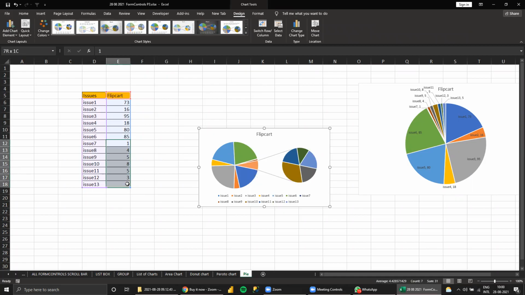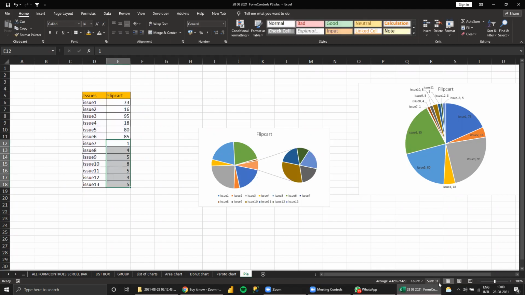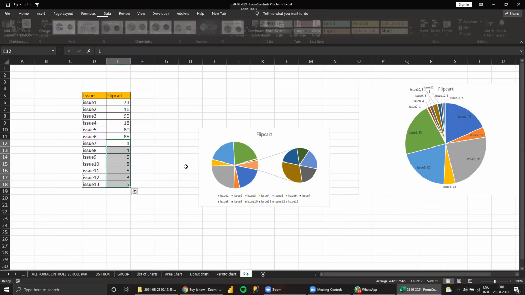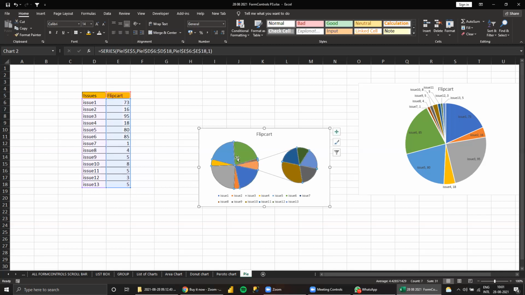What is the value? This together is 31. So this is 31, or 26. One second. What is the total? Why is 5 not coming here?